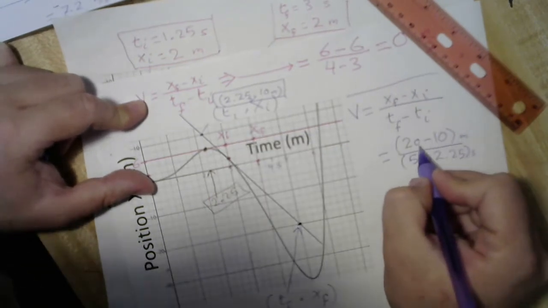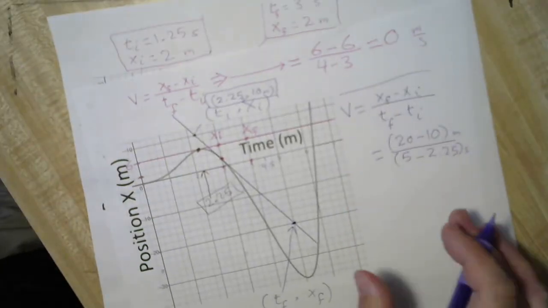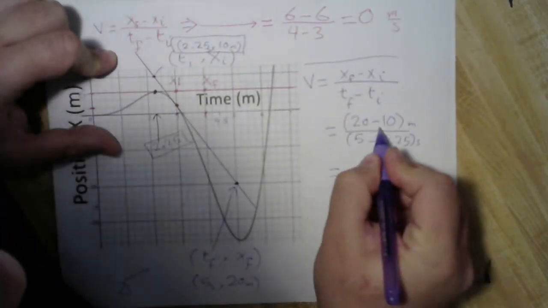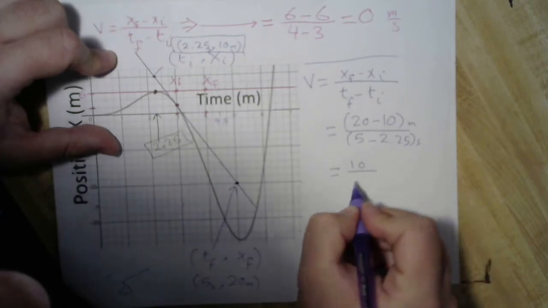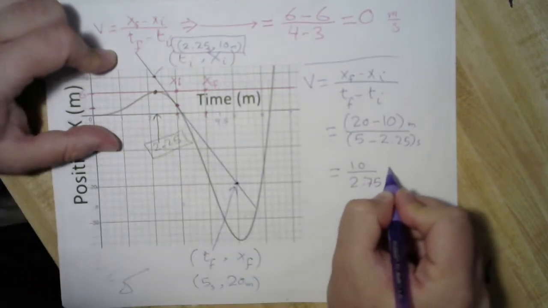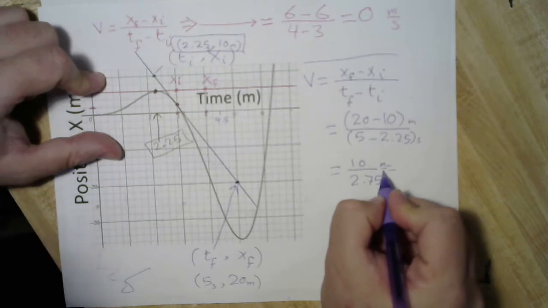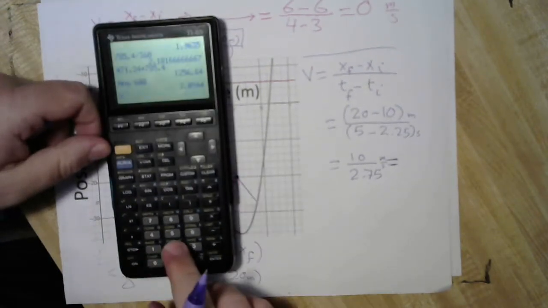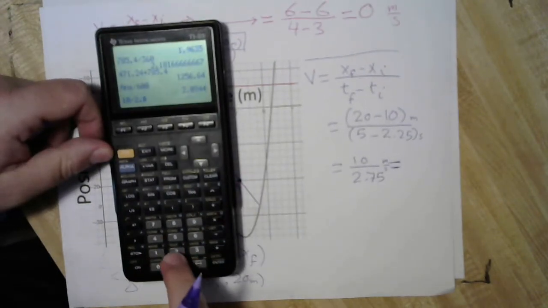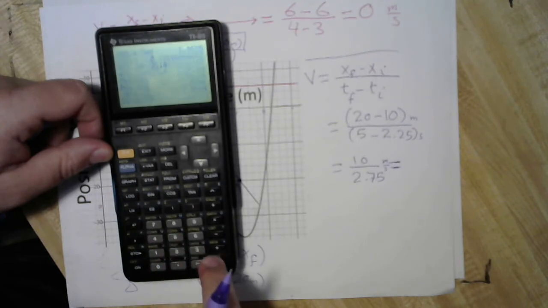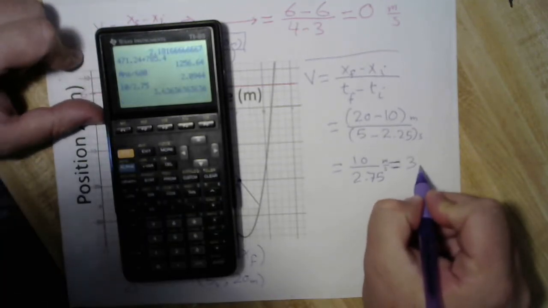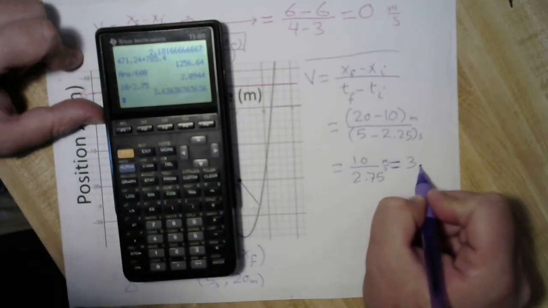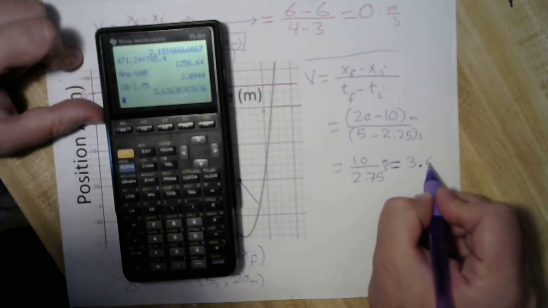I can put meters here and here, but that will sometimes be difficult. Okay, this will be equal to 10 over 2.75, which is equal to 3.63